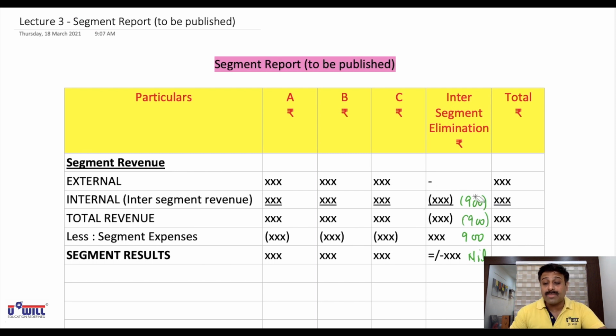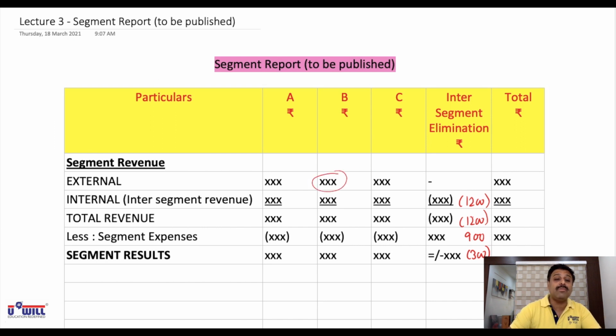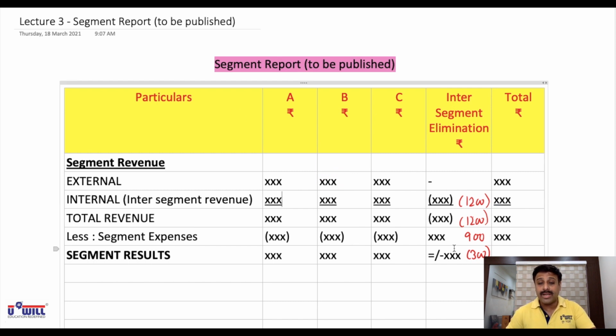Now the other situation I am explaining is that they send the goods at 1200. So in revenue you will minus 1200, but the cost of that was 900. So in inter-segment expenses you will add 900. Now the profit of 300 is also to be eliminated: minus 1200 plus 900. The profit of 300 is also to be eliminated because the company is earning that profit from an internal transaction only, not from an outside person. From an outside person, in external sales of the Baroda branch, it will be already included and that profit will also be counted. It should not be double counted. So to avoid that double counting, we minus and eliminate the internal profit of 300.